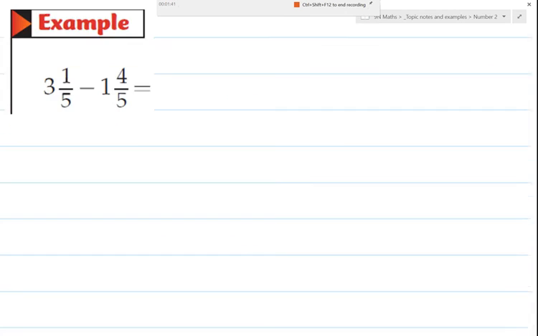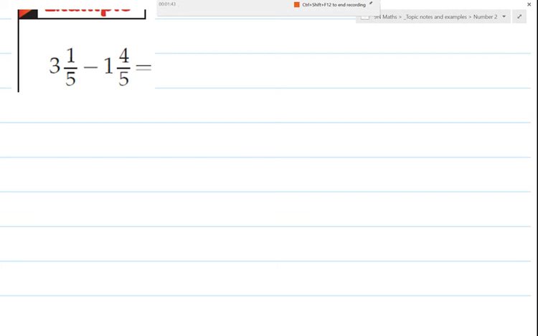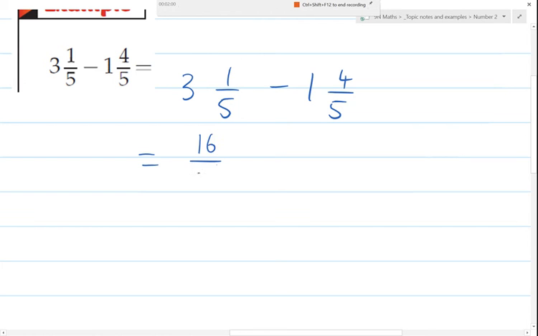Okay, let's look at an example where we're subtracting, which will be the same as if we're adding as well. So we'll start by writing out the question. I want you to get in the habit of doing that, please. And so 3 times 5 is 15, plus 1 is 16, so we've got 16 over 5, minus, and then we've got 5 plus 4, which is 9, so 9 over 5, and 16 minus 9, that gives us 7,